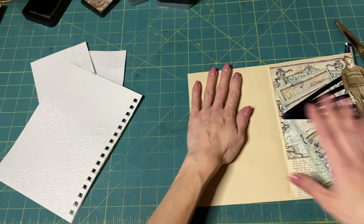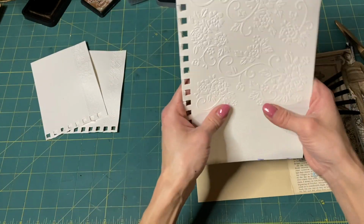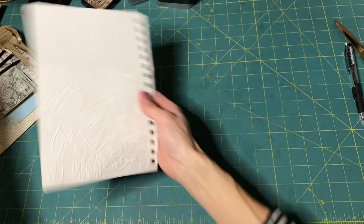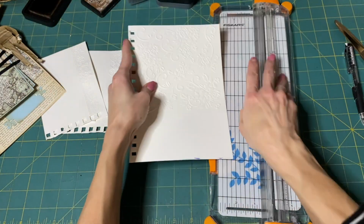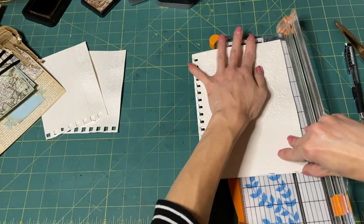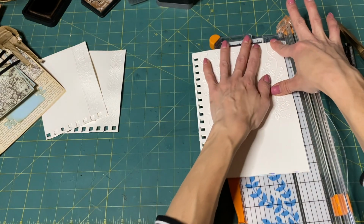Right? So this page, and so it needs to be cut. What am I doing? Let me think. Okay, it needs to be cut. We can put that aside. And then we're going to score it so that we can fold it. I feel like that's not... Let's just make sure that they're all evenly...